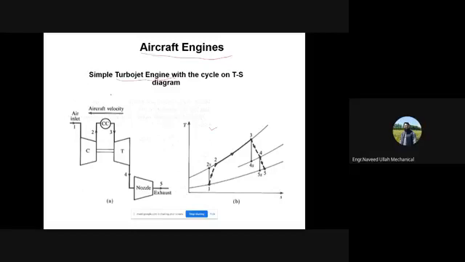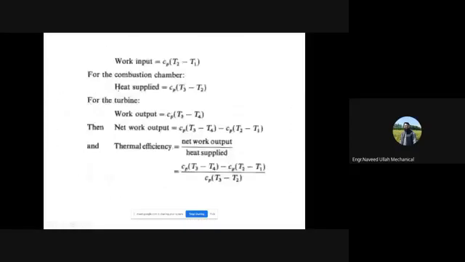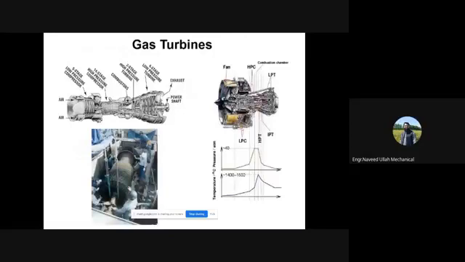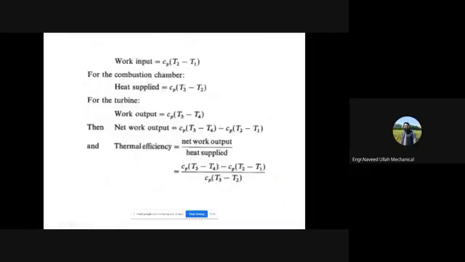So the aircraft engine that we discussed in our previous class, okay, and the schematic is like this. That is basically your turbojet engine, okay. This one is your turbojet engine, the left one, right? So the working principle is the same, okay. So if you look at the flow diagram, okay, that is here,